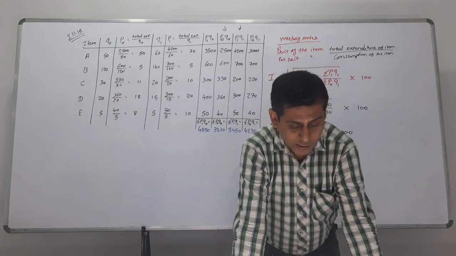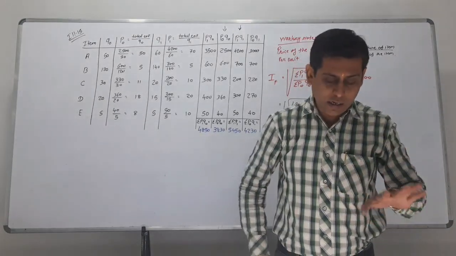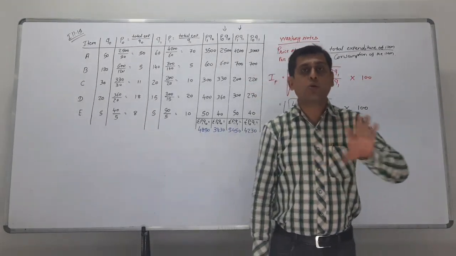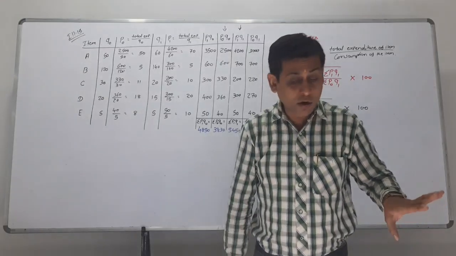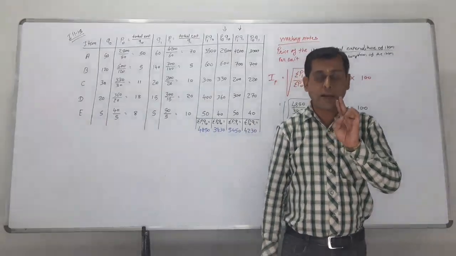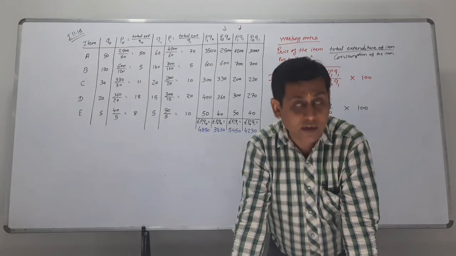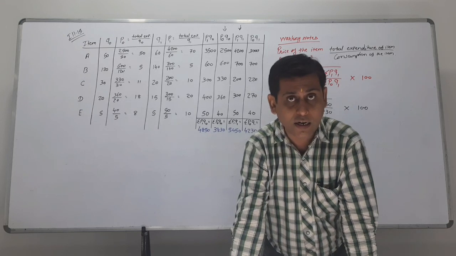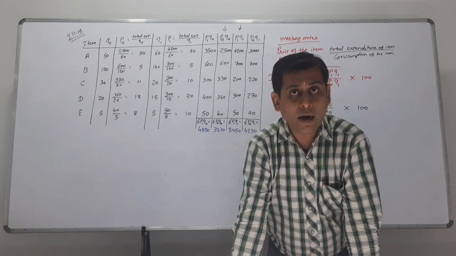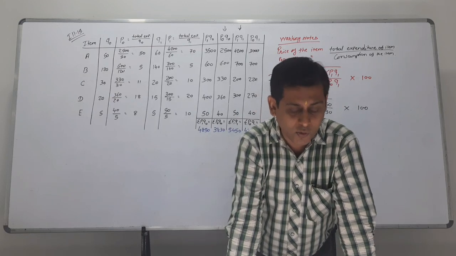See, what is the question? See, only 2 lines. The other thing you have to ignore. Just concentrate only on 2 lines. What is that? Find the index number of the deaths due to cancer using weighted average method. That is sigma IW upon sigma W. That is the weighted average method's formula.